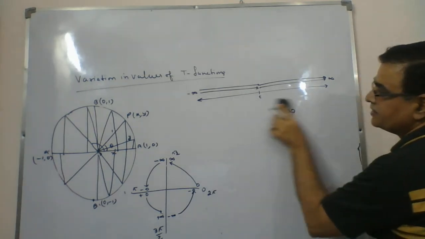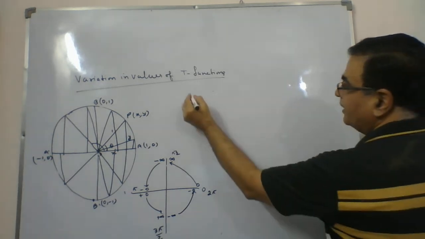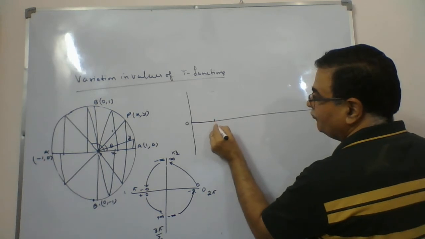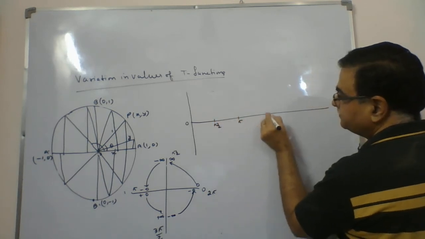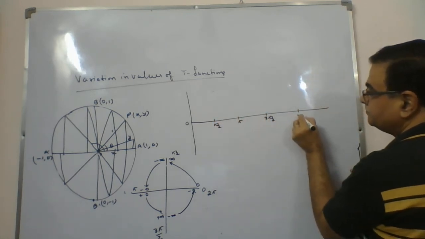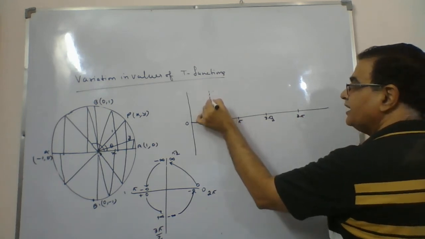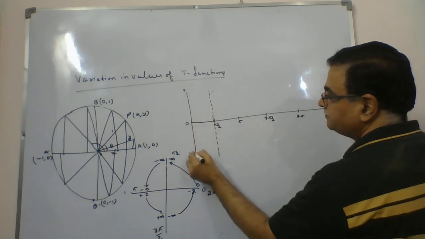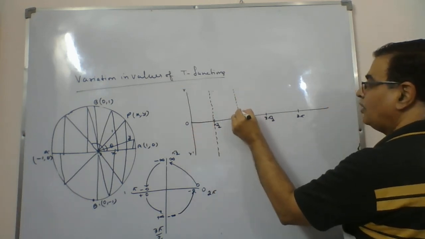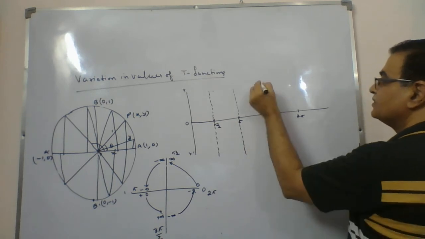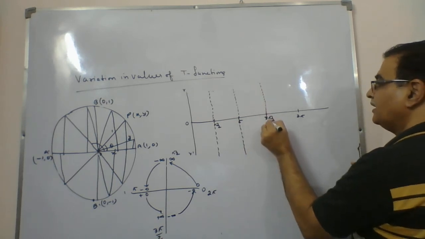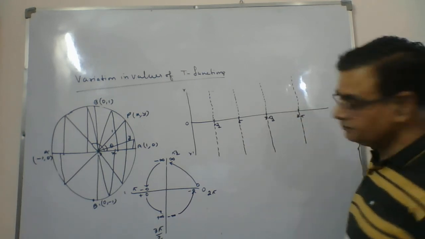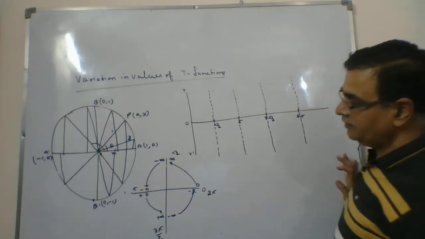So I repeat, just take this out. Now I'll take the graph. Now to make this graph, there is a slight new way we should opt. Here you make a dotted line parallel to the y-axis. Again at pi you draw a parallel line. At 3 pi by 2 you draw a parallel line. At 2 pi you draw a parallel line. Now I'll start making the graph.